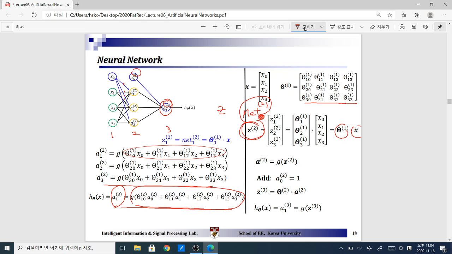So this is the linear aggregation of the weighted input features,